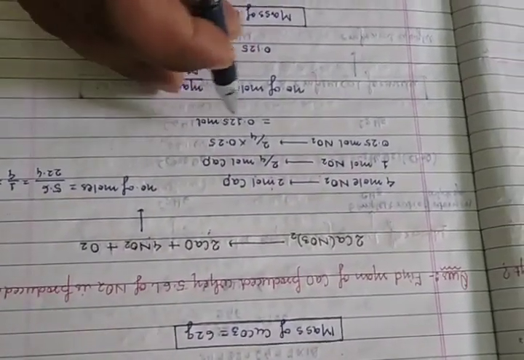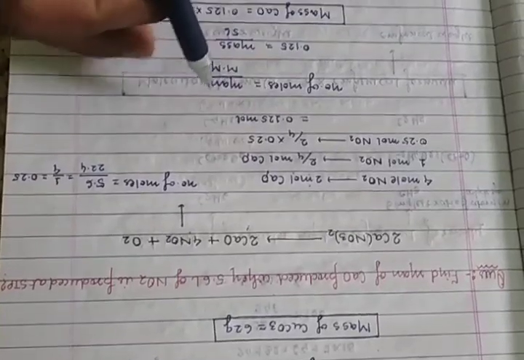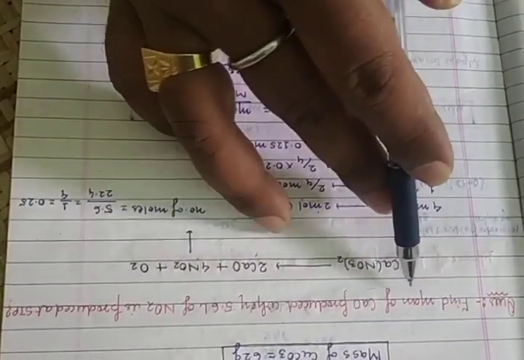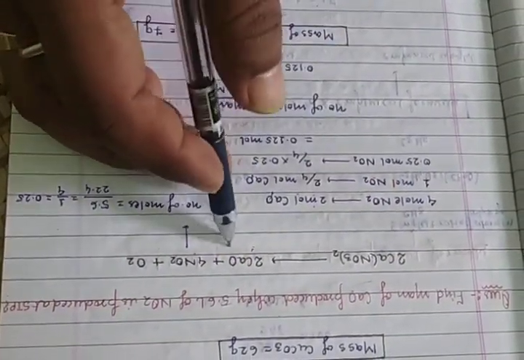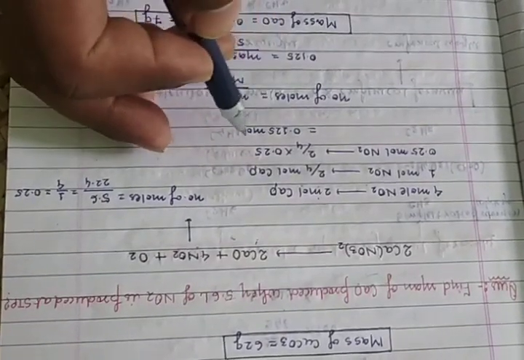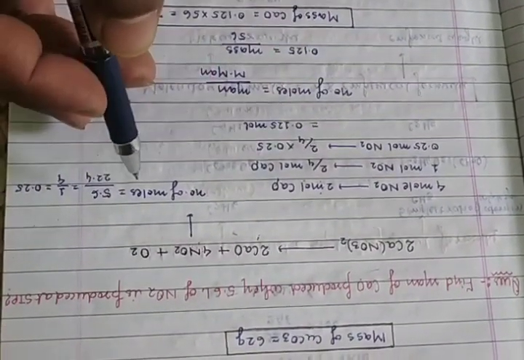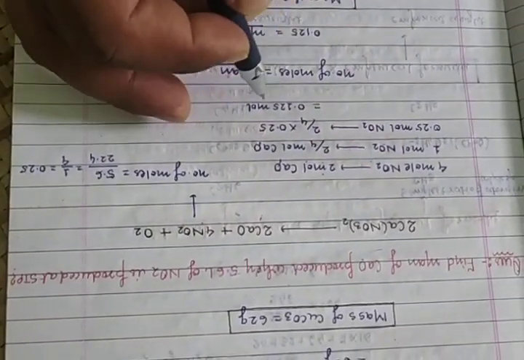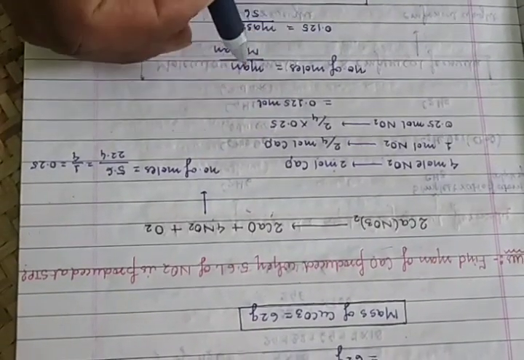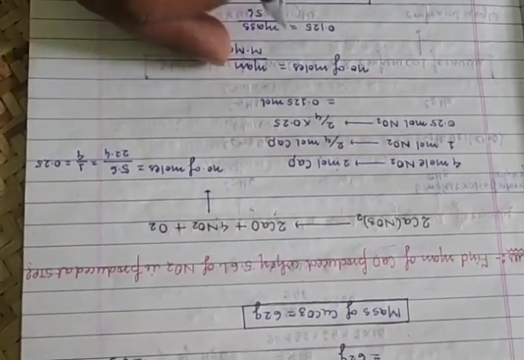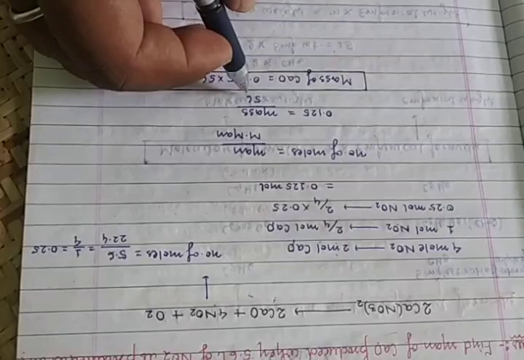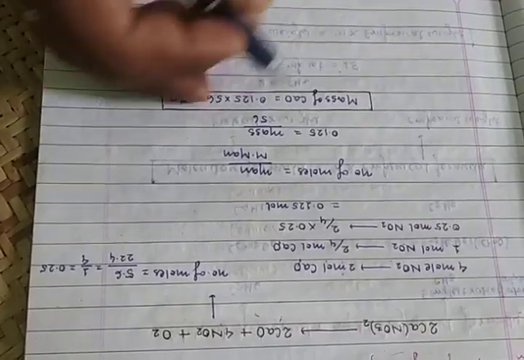Okay. Now there is a mole. Number of moles is equal to mass upon molar mass. You find the mass of CaO, so first you find the moles of CaO. The number of moles is 0.125. Clear? So number of moles is equal to mass upon molar mass. The molar mass of CaO: calcium is 40 and oxygen is 16. So 40 plus 16 is 56. So there is the solution.